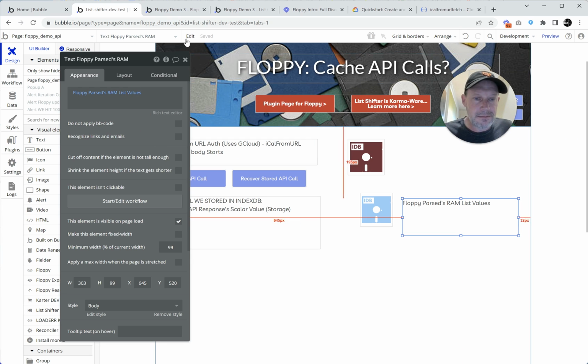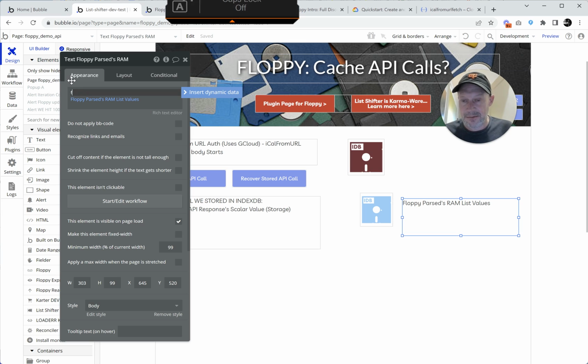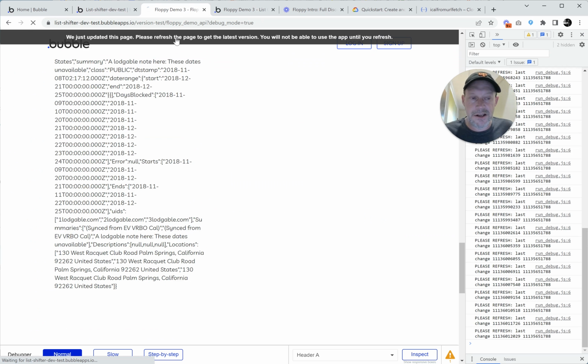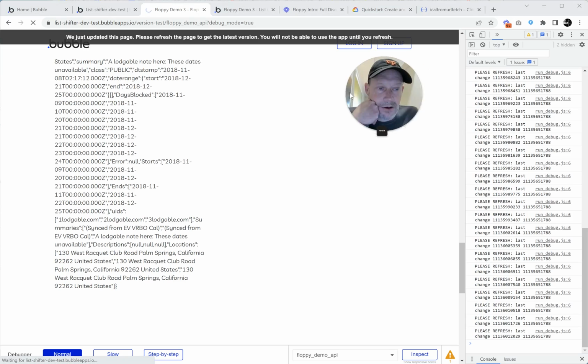Do we want to format them? We don't necessarily have to format them. Oh, I should put a label on here, so we know what we're looking at over in the runtime. So this is Floppy. Sorry that takes so long. Floppy parsed RAM list values. All right. And so now when we go over here into our runtime,